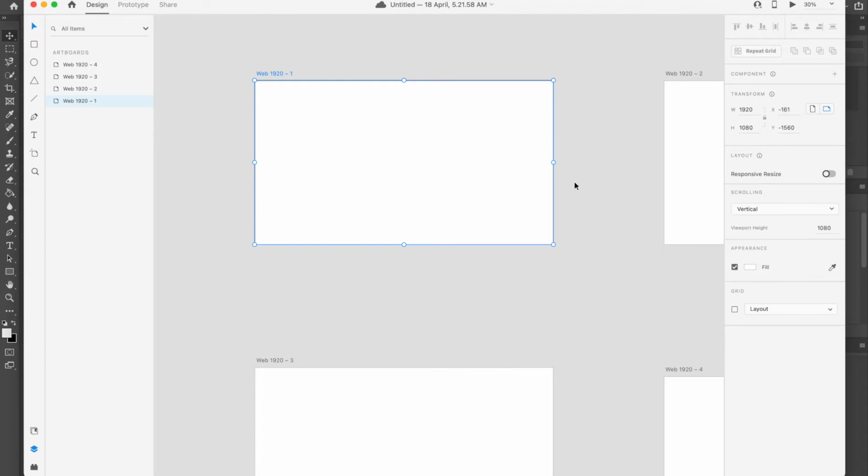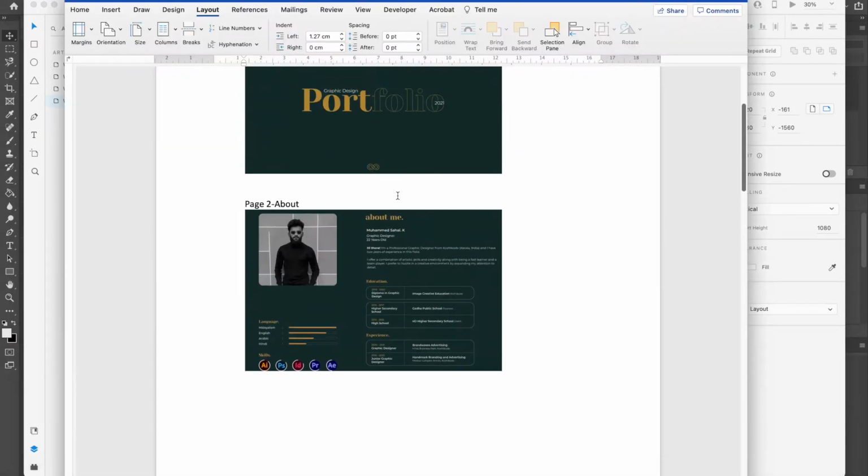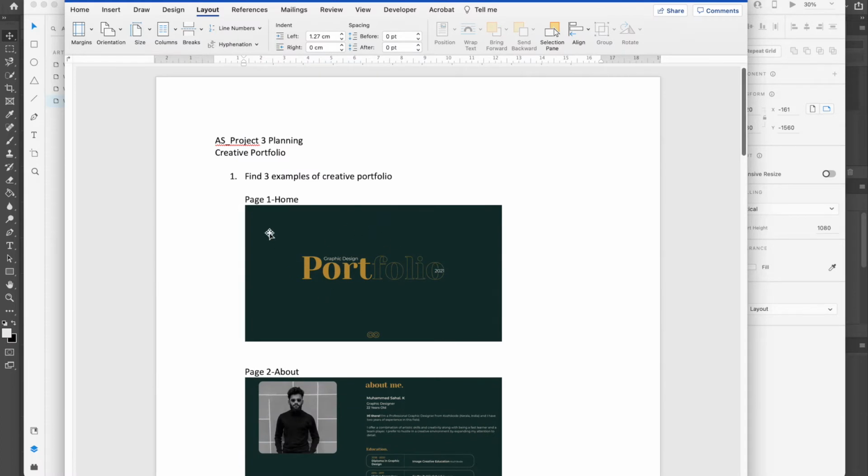Then next, how can we add text and image in Adobe XD? Now we have to look back at the design that we planned. This will be our first home page. In this first home page, you have the text. So this is a text. And you have a different, not to say different, I think in this design it has